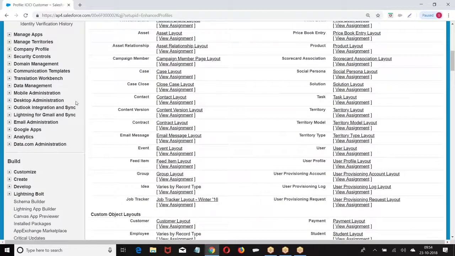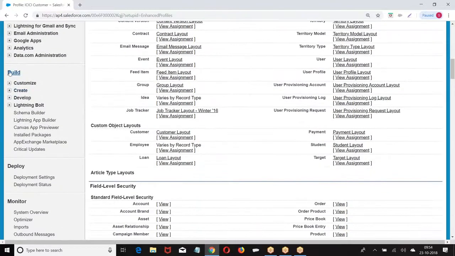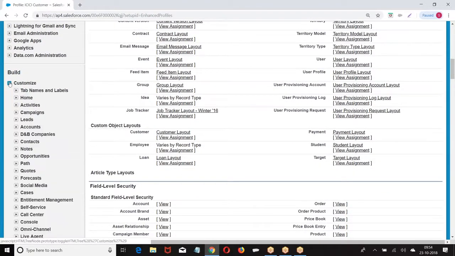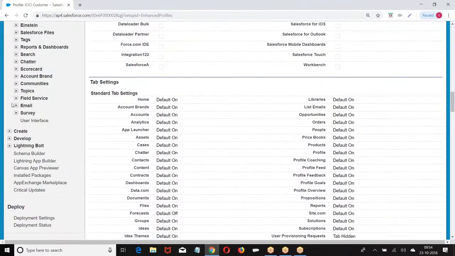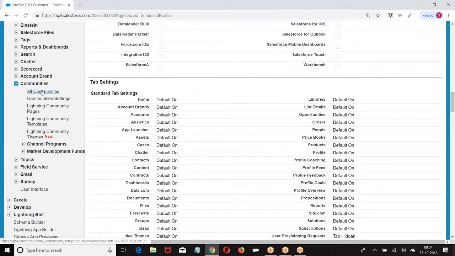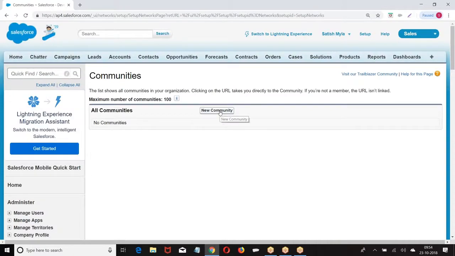Now, design a community. How do you design a community? Build, customize, communities, all communities, new community.